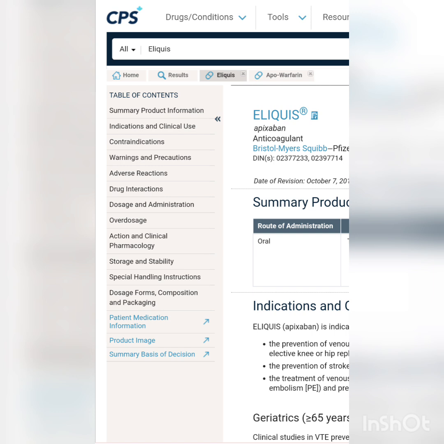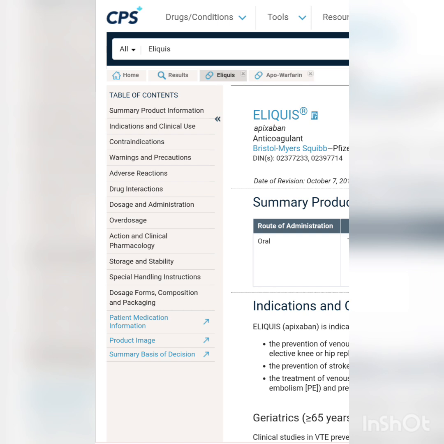Now, I have access to the electronic version of the CPS. For this video today, I will be using Eliquis as the drug of choice for our CPS monograph. Now, the table of contents on the left is going to give us a little idea about what topics are covered in the monographs of most medications. It will give us ease to know how to maneuver through the CPS. Now, do make sure that in your actual OSCE exam, you will usually be getting a paper copy of the CPS monograph. So you probably won't be able to see this table of contents. But just for the sake of practice, this table of contents really does help us out to know what information is usually entitled into the monograph of the medication, as well as the chronological order